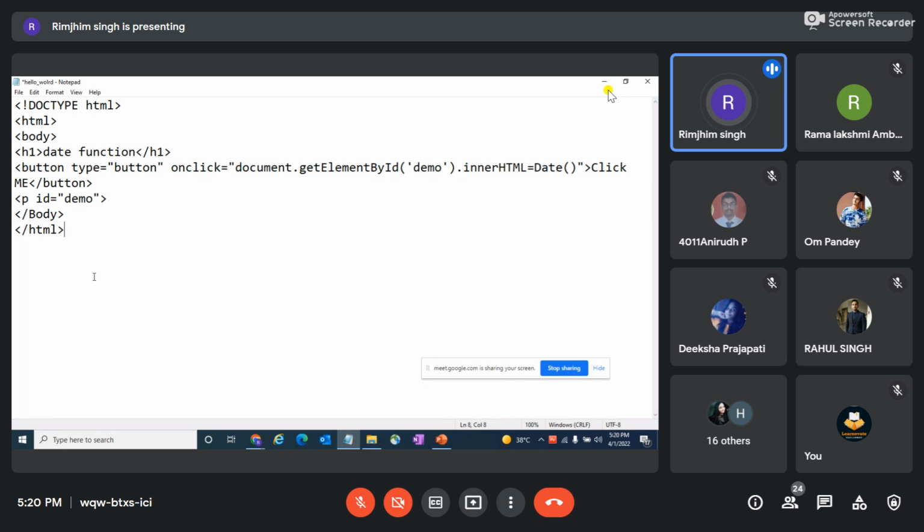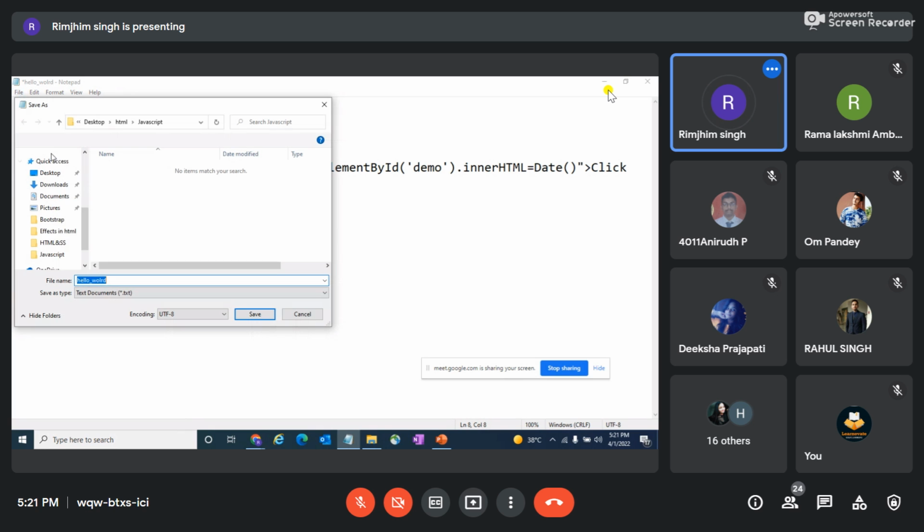Okay, so let me explain, class. This, as we all know, is the common part. My intention in this program is that on click of a button my date should be printed. Button type is button, and on click of my button what I'm printing is this particular id, which is demo. This is a unique id which I explained, which defines the html content, and herein I'm printing my date. And then let me just save this program.